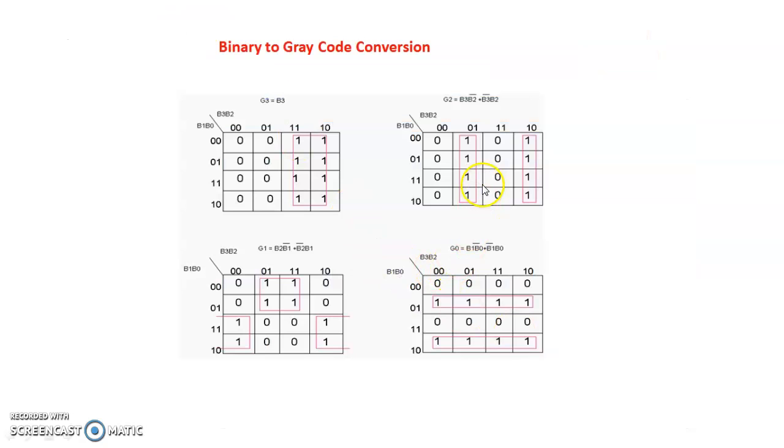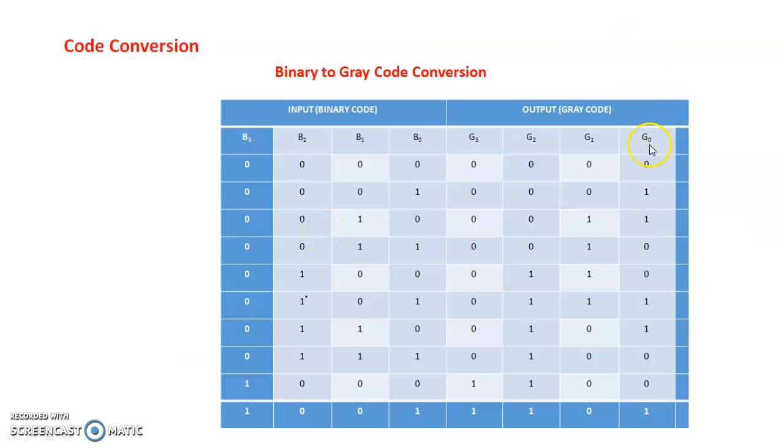This is the K-map for G2. So when it is 0110, at that time it will be 1. So you can mark this K-map cell as a 1 output. Same way, in the last unit also we discussed how to represent the K-map, so here we will not go into details. You already know how to design the K-map. So for every output in the truth table, you have to draw the K-map for G0, G1, G2 and G3. Check the input condition and mark the output bit as per this table.